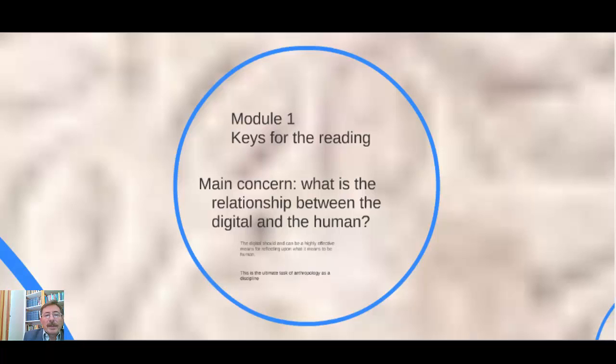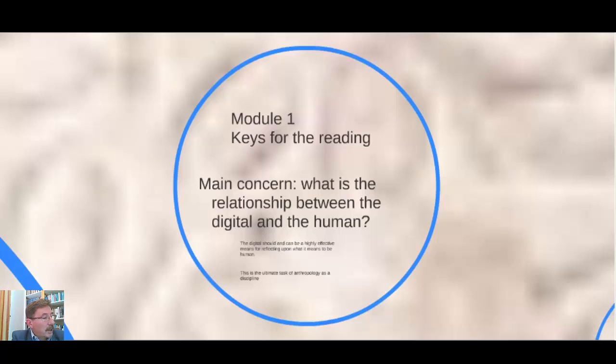So the reading that I'm asking you to engage with this week is that you're going to start reading the book called Digital Anthropology. I want you to start by reading the introduction.